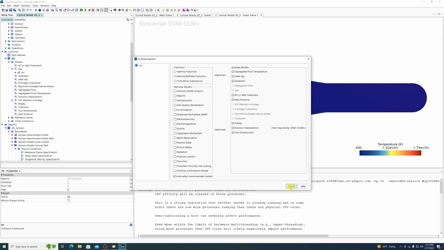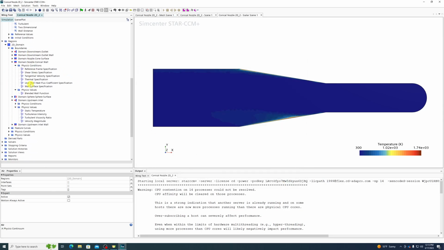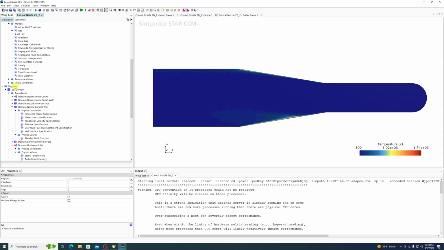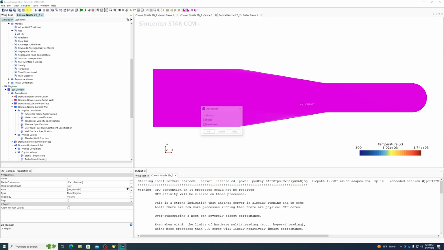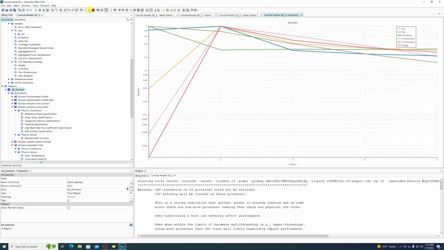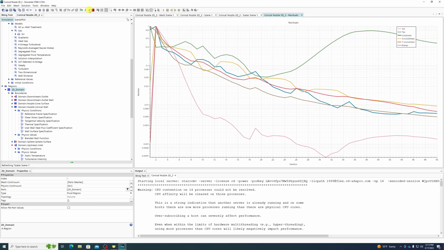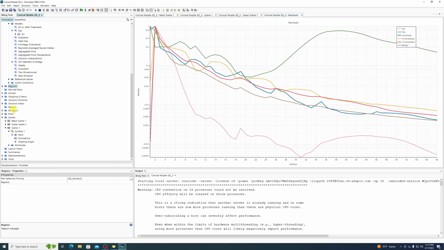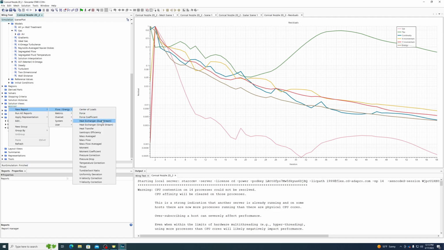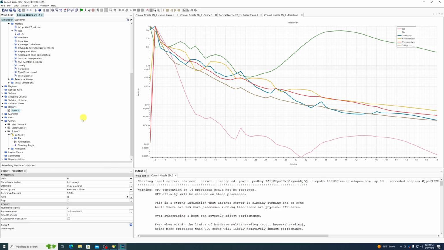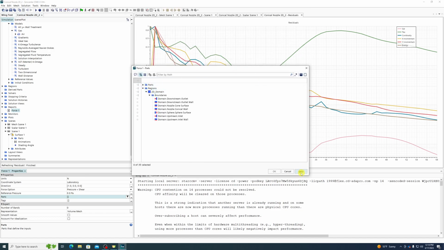So let's see here. That should be fine. What else? I think that should be okay. So I'm going to clear this and hit run. And let's just set up some reports really quickly here. So we're actually going to look at force, because this is something that we can verify with momentum calculations. If we look at the walls, so pretty much anything that's not the inlet or the outlet,